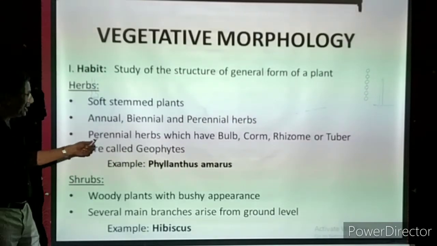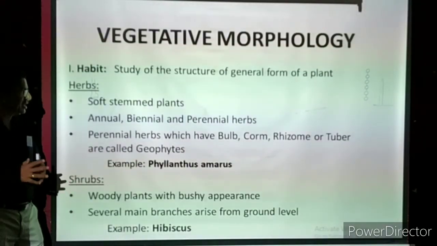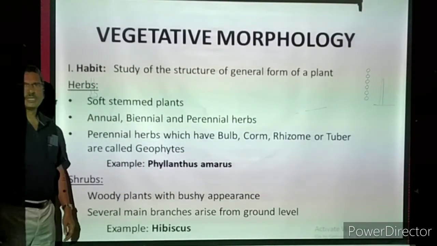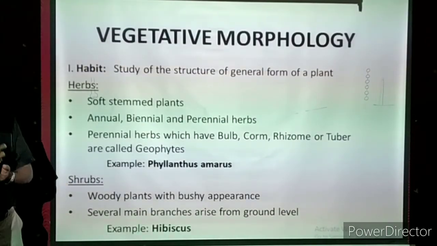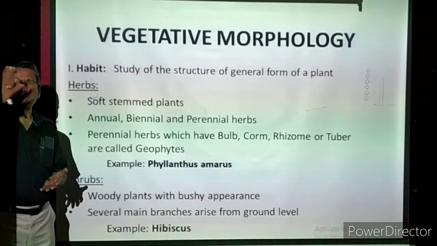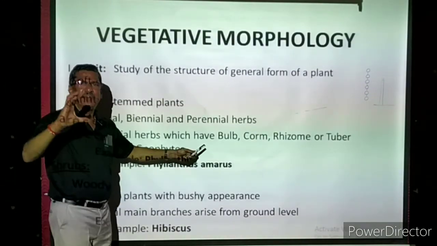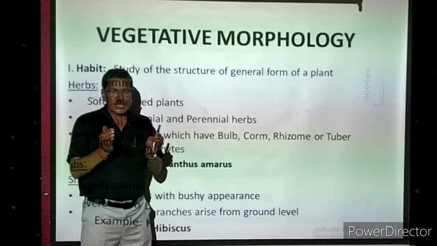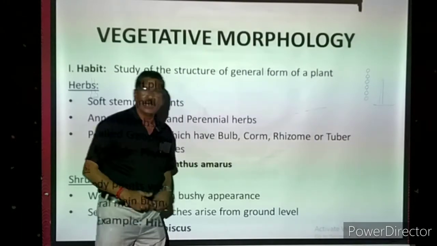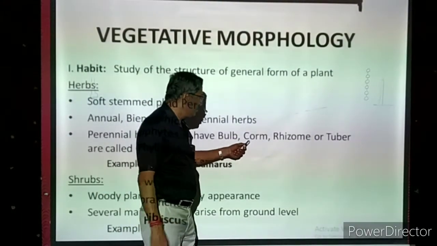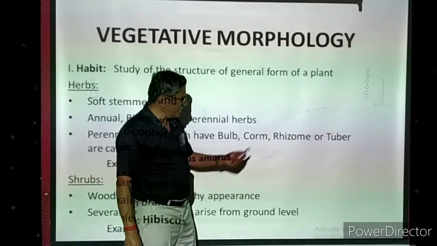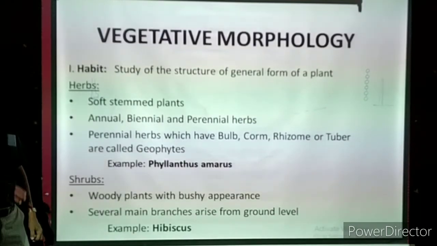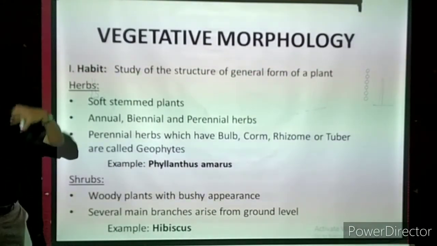The next one, perennial herbs. Just now I told, perennial herbs means the herbs which are living for many years, a few years to many years, which have a bulb. Bulb means the reduced stem. The stem is not very long, the stem is not very tall, the stem is not branched, but it is very much condensed. That is called a bulb. Corm. Even that corm is also a reduced stem, but all are buried in the soil. We cannot see them above the soil. Corm. Rhizome. Later on we will study in detail. And also the tuber. They are all generally called underground stems. The stem is buried in the soil. Only leaves will be seen outside.